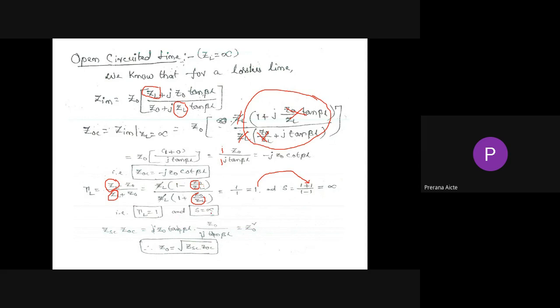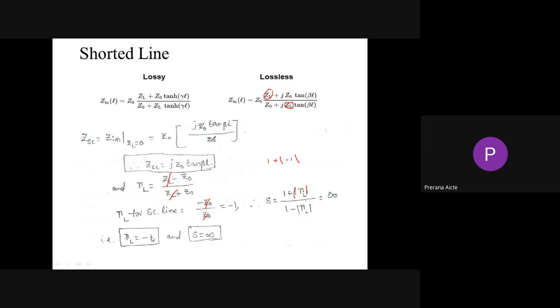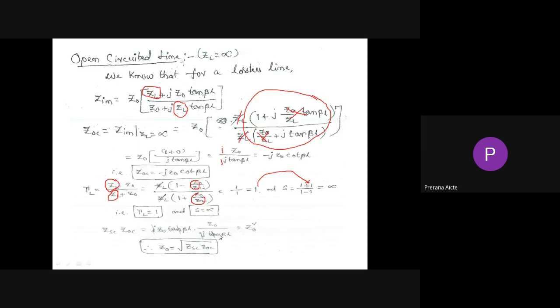See the difference between open circuit and short circuit. In the short circuit, the reflection coefficient is negative and the standing wave ratio is infinity. But in open circuit, the reflection coefficient is positive, but the standing wave ratio is infinity. Okay. Now,